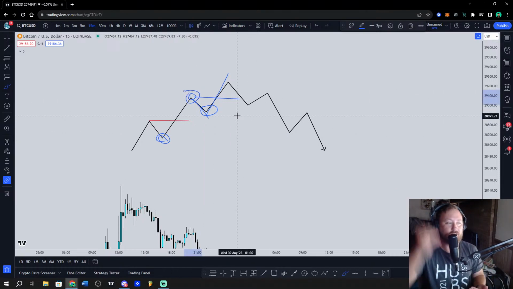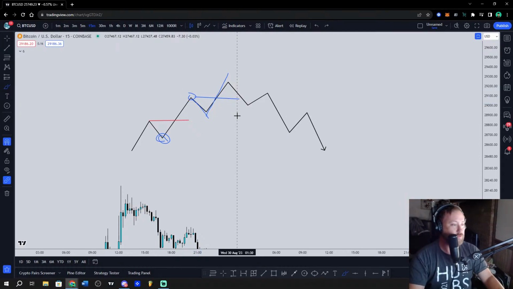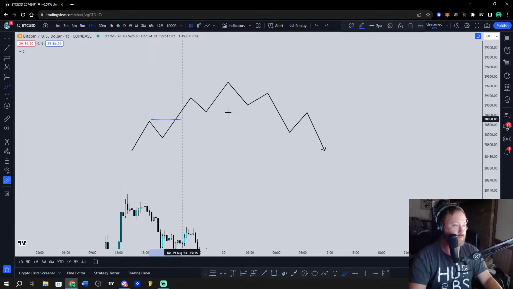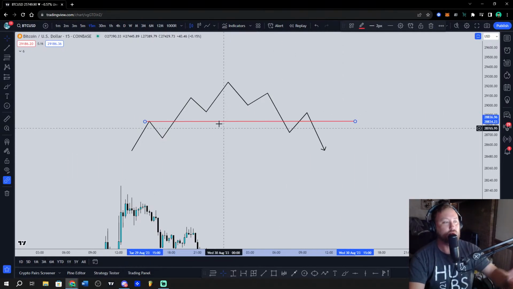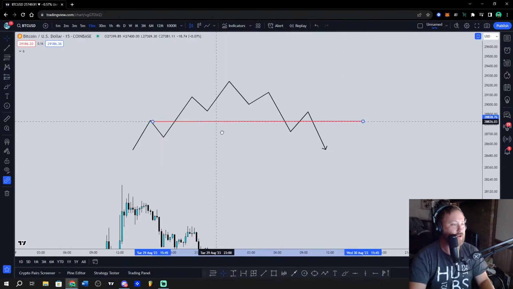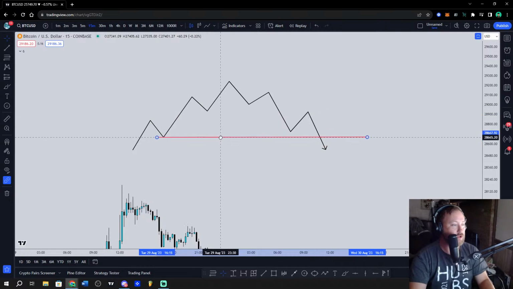Basically, anytime we see a shift in market structure, we are creating pivot points. And these are points of interest as well. So you would draw a line across, and you would say that's an important swing point. Maybe that's something that I need to watch for in the future,